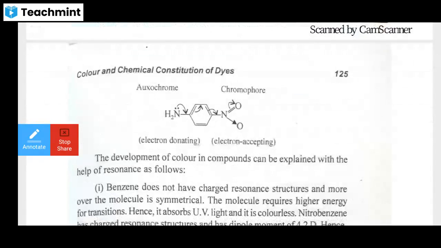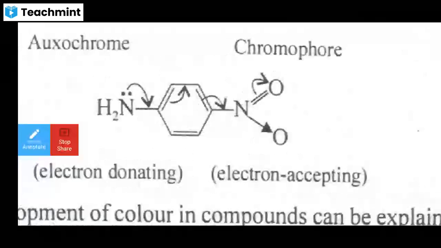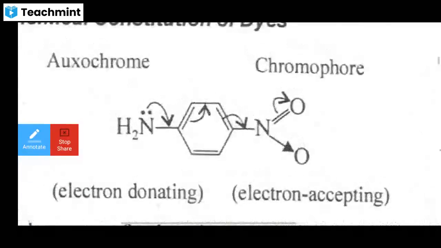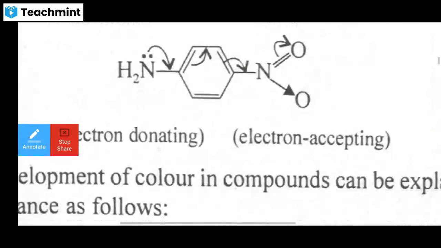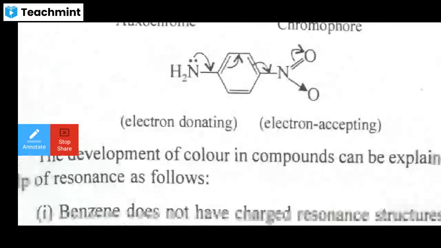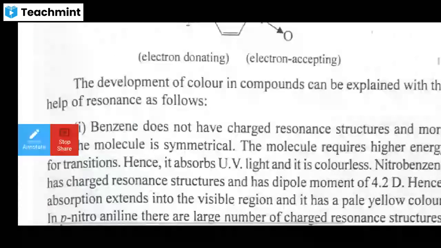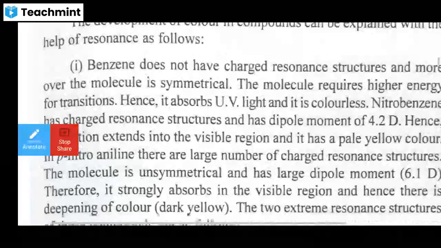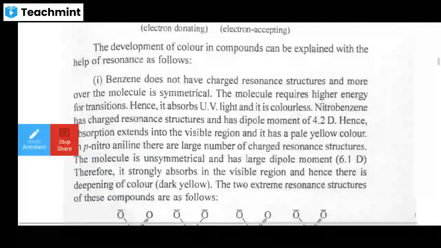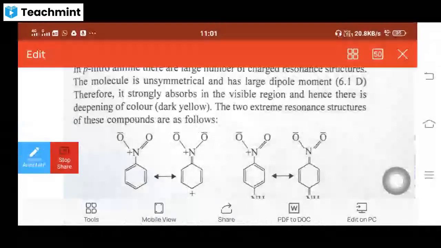Here is an example which can explain this concept. In this example, there is a benzene ring attached with the NO2 group, which acts as the chromophore, and another group, NH2, which acts as the oxochrome. The oxochrome is involved in the conjugation there, and in the benzene ring there are four conjugations, but as we attach the oxochrome and chromophore, conjugation increases by two, means as the conjugation increases, color is imparted. So this develops the color in the compound and can be explained with the help of resonance as follows. तो जहाँ पे भी कोई भी कंपाउंड में अगर ऑक्सोक्रोमिक ग्रुप और क्रोमोफोरिक ग्रुप दिखा, तो आप वहाँ पे ये गेस लगा सकते हैं कि कंपाउंड के अंदर कलर इम्पार्ट हो सकता है, कलर वहाँ पर आ सकता है।